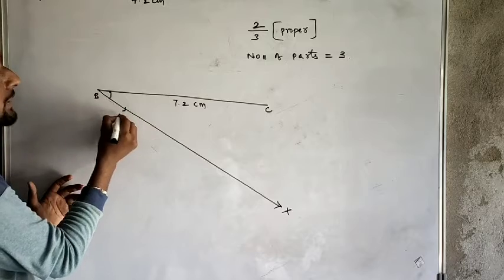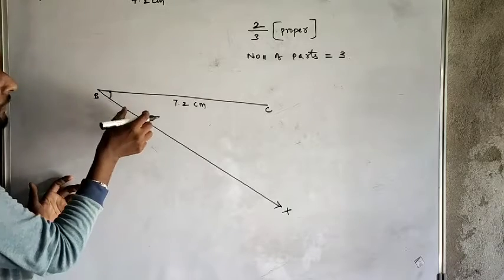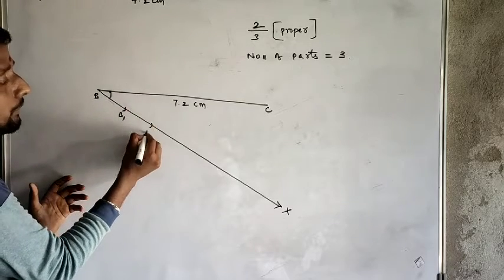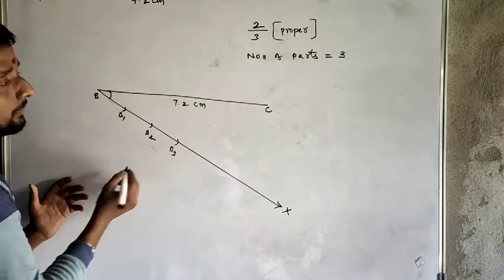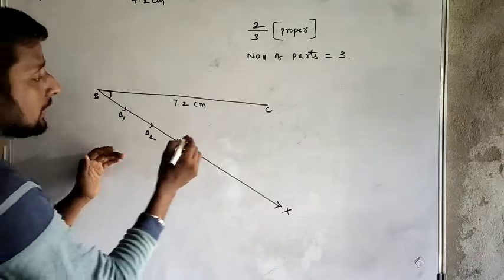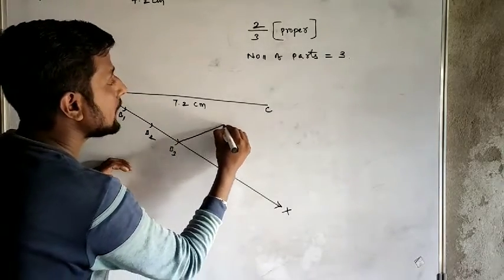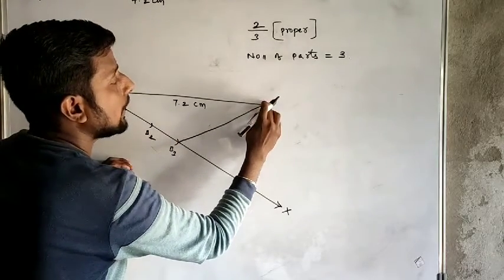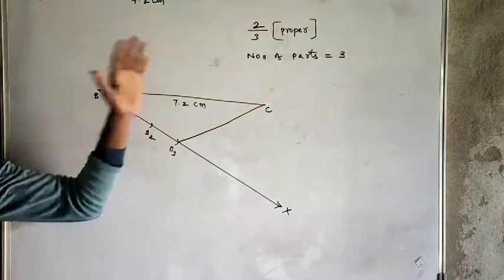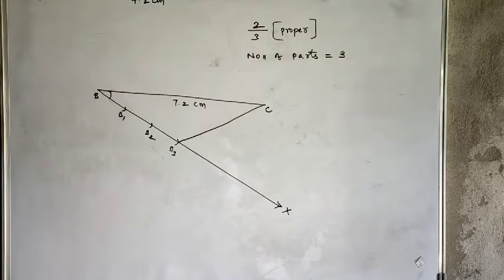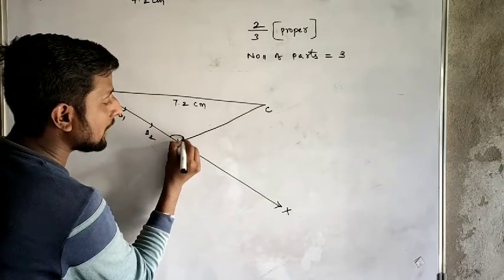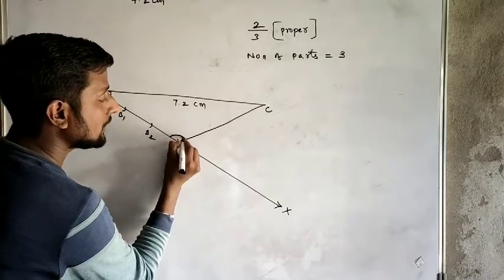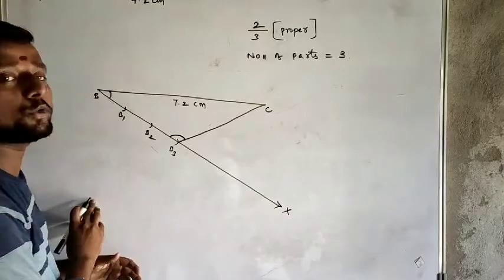With a certain radius I made arc B1. With the same radius I continued it to B2. With the same radius I did B3. Now what do we do? The last part, join to C. I joined B3 and C. Then what should I do? Then with the center B3, make an angle. With a certain radius, you make an angle so that we can copy the angle.